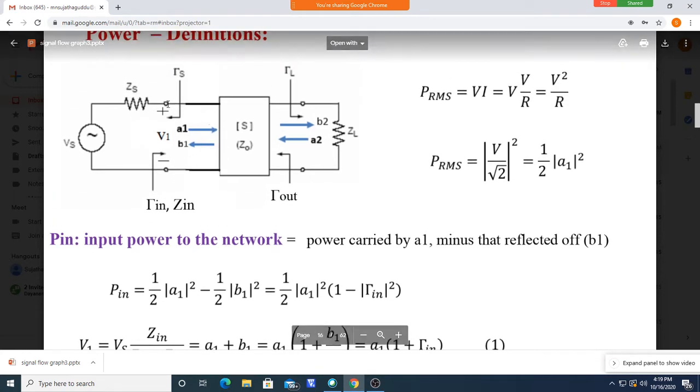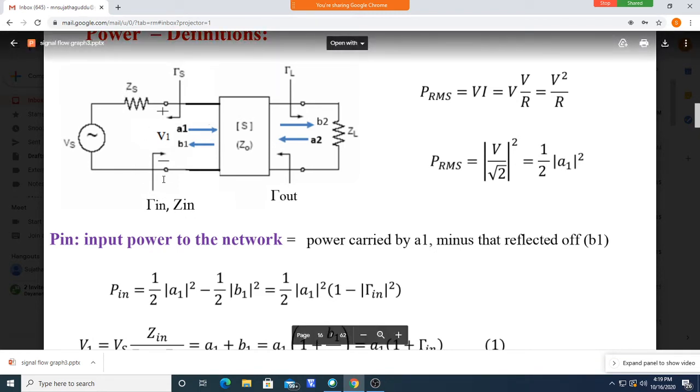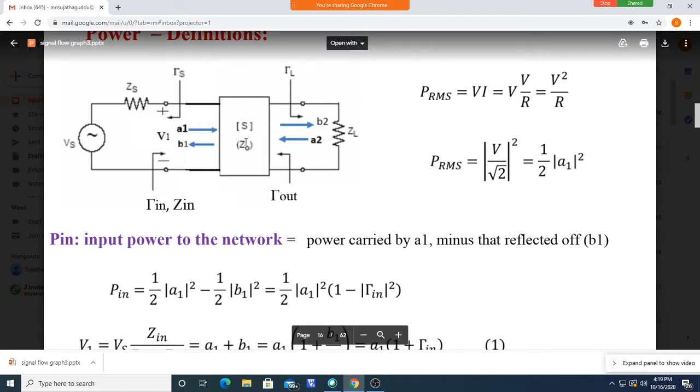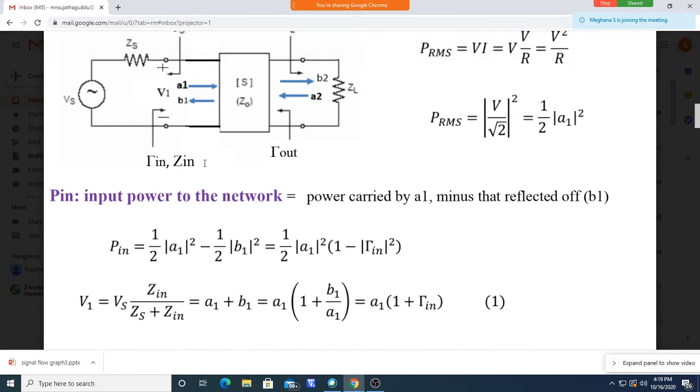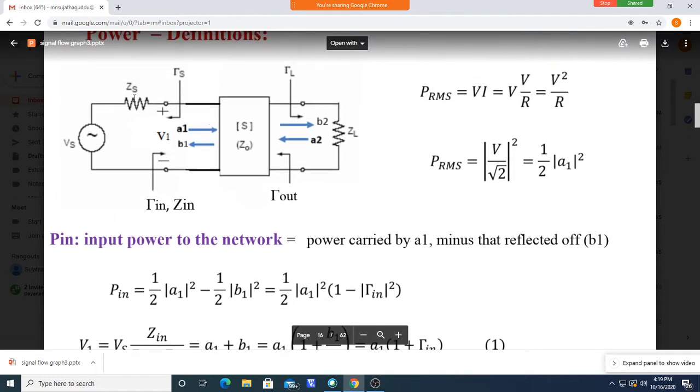So between these two terminals, there is a Zin here. This Zs must be the complex conjugate of this Zin. Then maximum power will be delivered to this network. This Zin is fixed based on the value of the transistor parameters, the S parameters. That means the tau in is fixed. We cannot change that. And ZS also may be from a previous circuit.